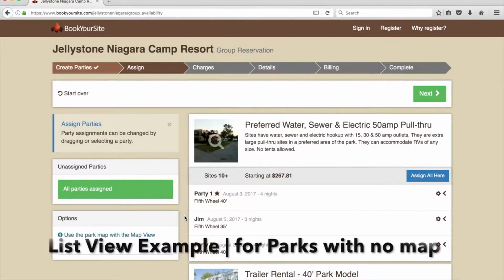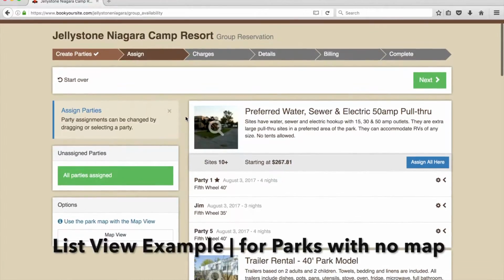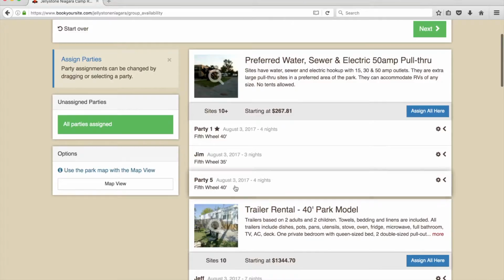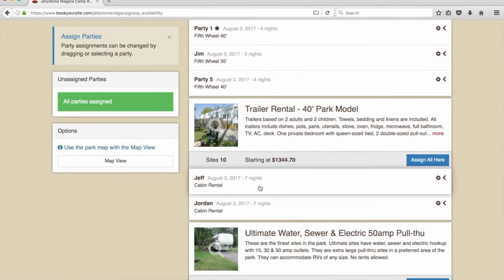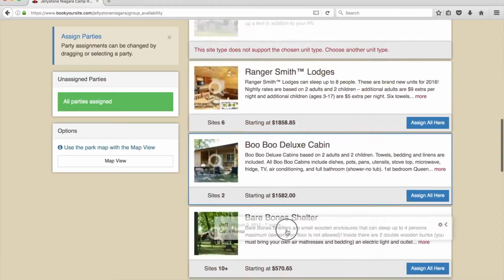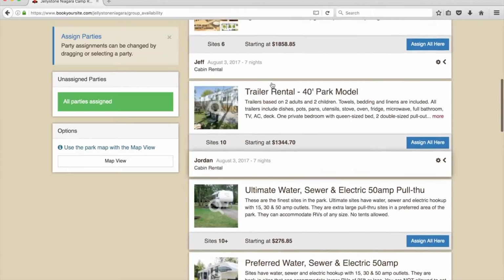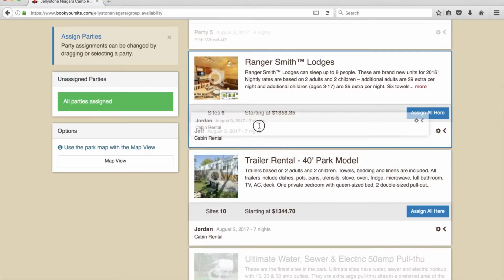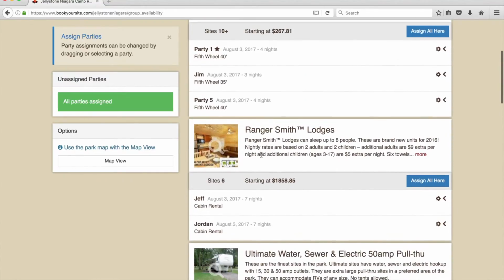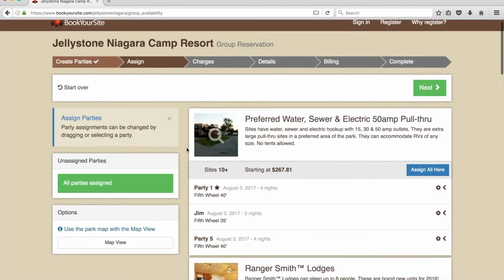Okay, so in the list view situation, if there's only a list view, BookYourSite will put these fifth wheels all on a site type that can accommodate those fifth wheels and keep them all together. But if the person wants to switch that, they can. So they just drag it down onto the Ranger Lodge. And then the Ranger Lodges come up top. So it's flexible that way. So you can run it without a map, but it is a little bit nicer to run it with the map. So let's